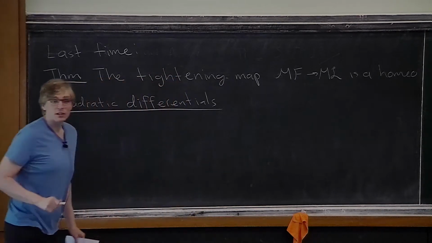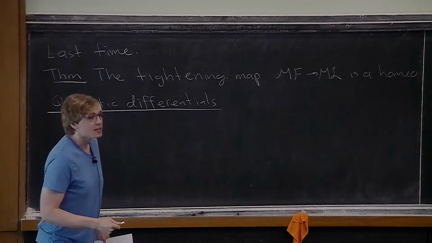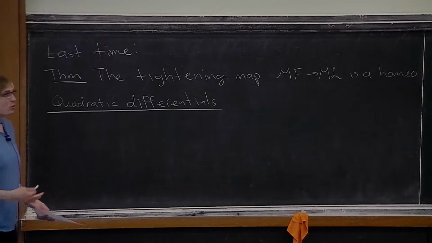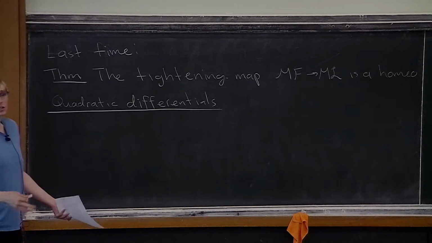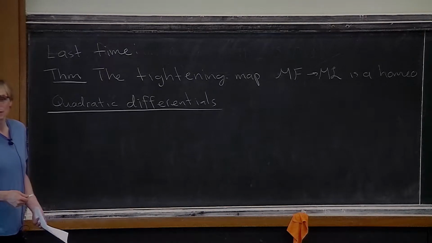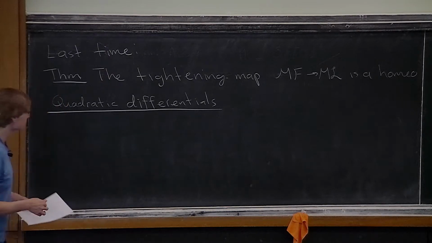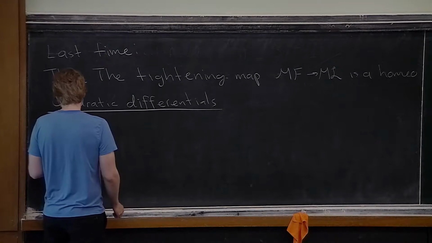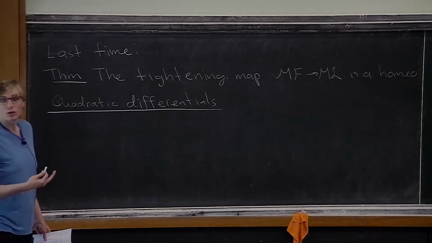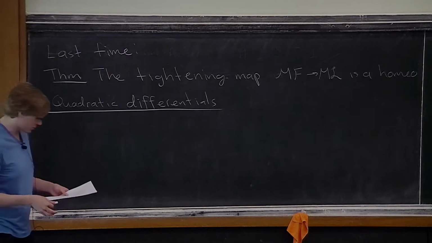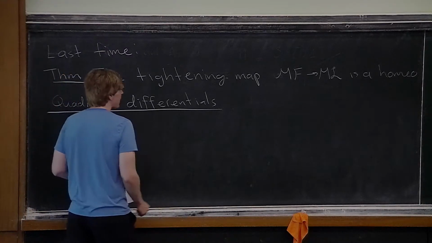So I'm going to assume you already know what a quadratic differential is. It's something that locally looks like a holomorphic function times dz squared on a Riemann surface. And it gives you a horizontal and vertical measured foliation. And I want to understand which horizontal and vertical measured foliations you can get. And to that end,